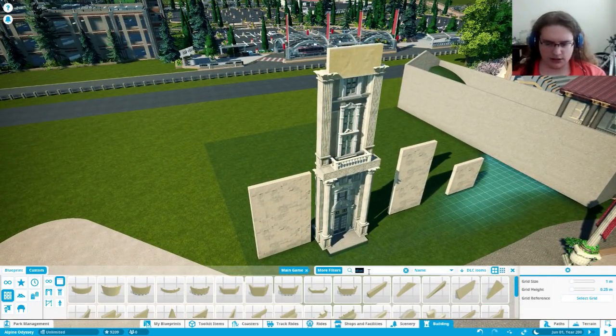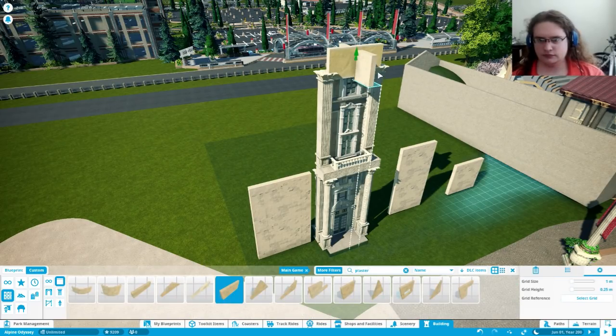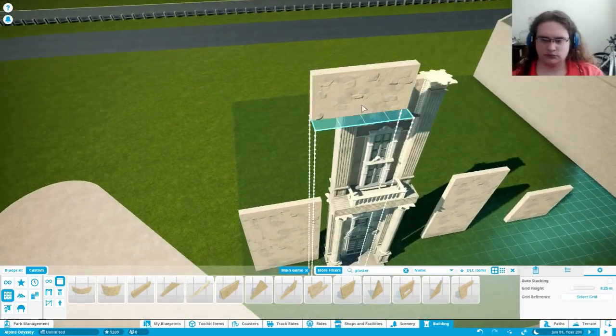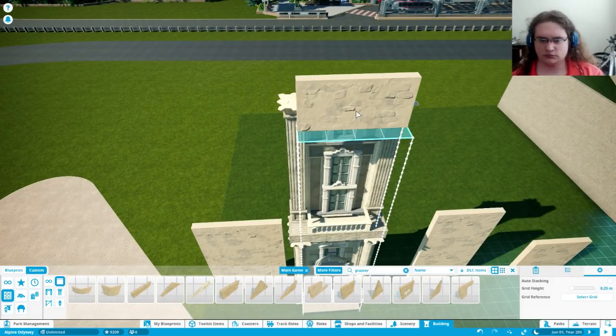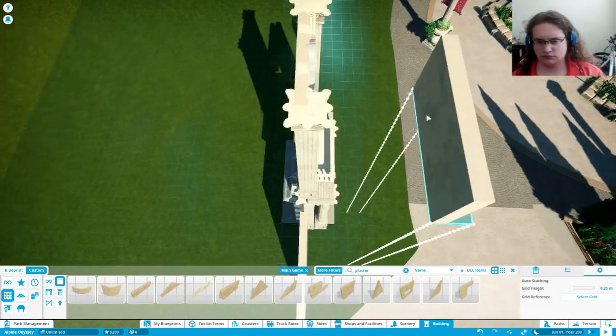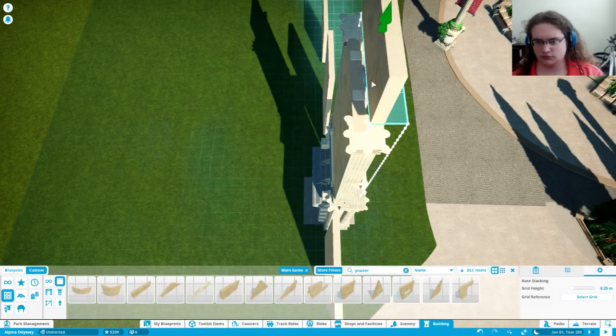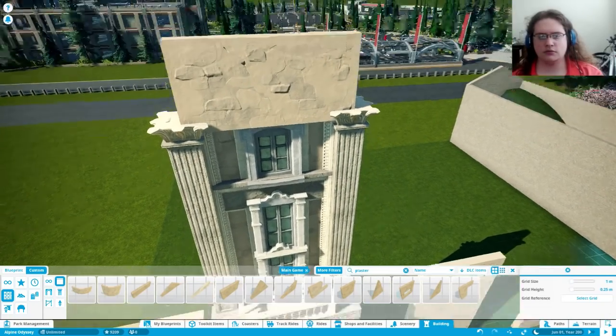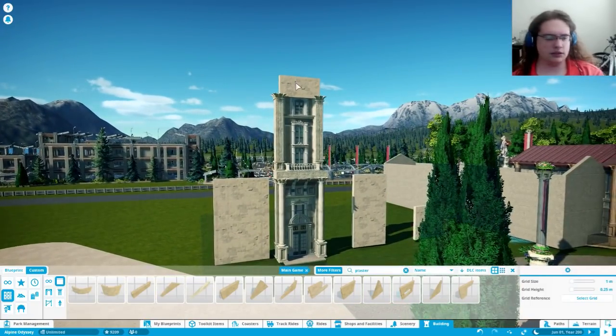Actually, it needs to be plaster. Plaster. That there. Come on. Right click. Thank you. Move this. Game is fighting me a little bit. So that's going to be the top where we put